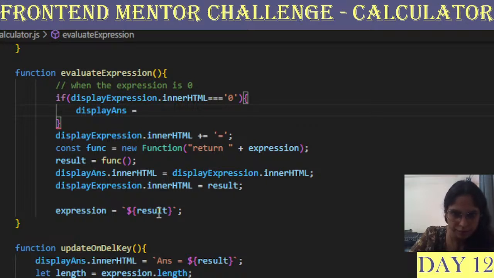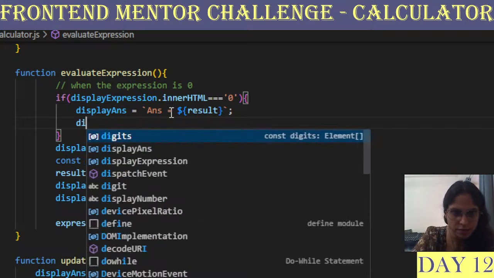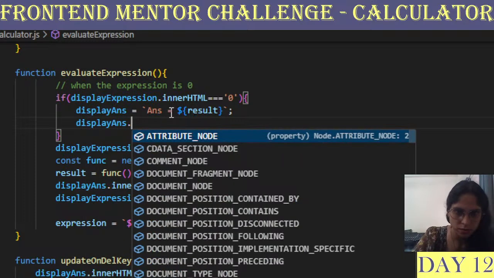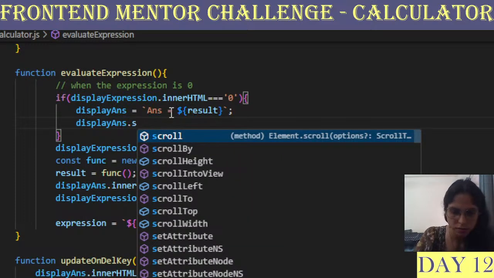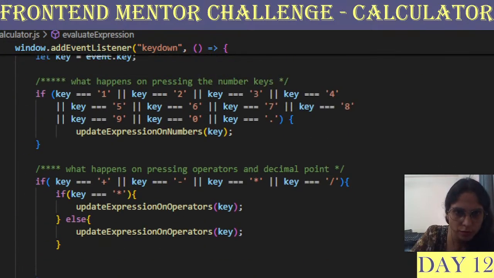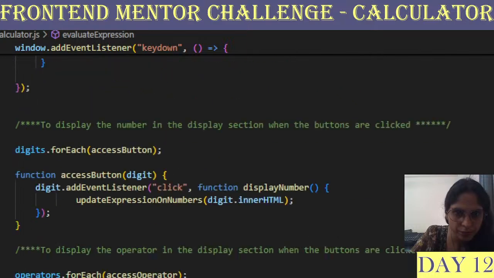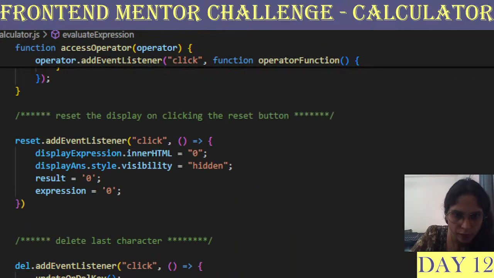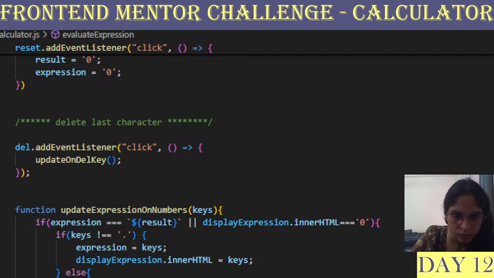Has to be now I'm going to set its visibility. ये लिखने में मुझे क्या बोलता है yeah, style.visibility is equal to visible.